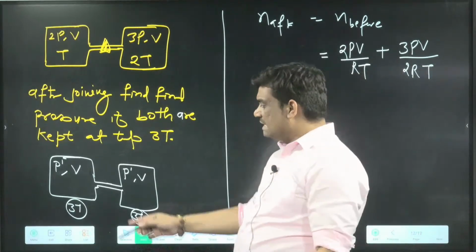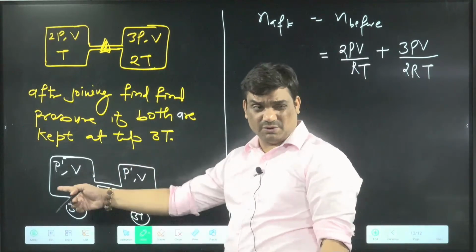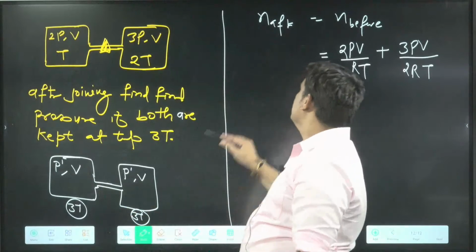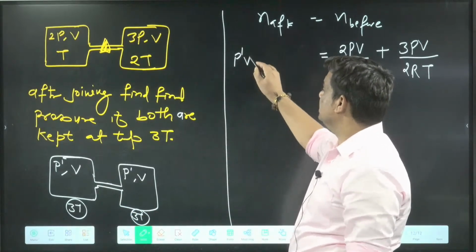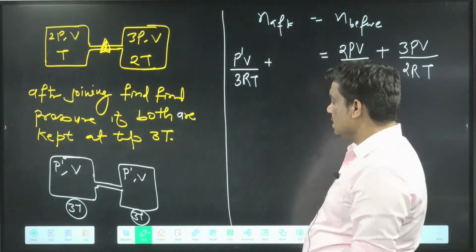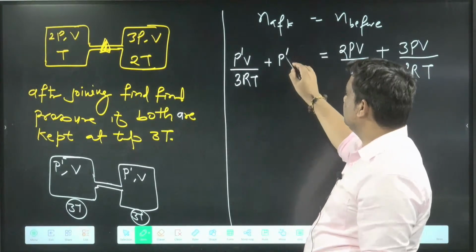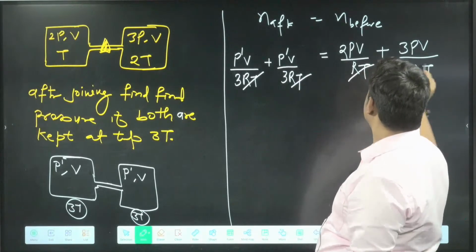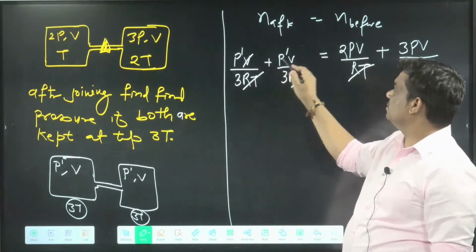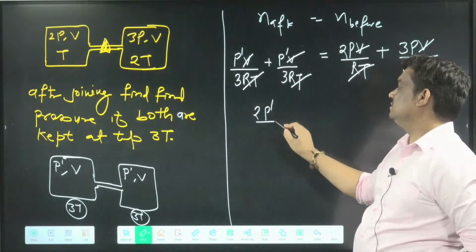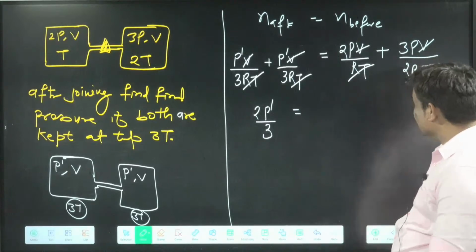And later on I can say pressure becomes P dash everywhere. This thing you have to remember, everywhere pressure is going to be P dash. So we can say P dash V divided by 3RT, and here also P dash V by 3RT. So RT will be cancelled everywhere, and here P dash V also cancelled. So this one becomes 2P dash by 3,